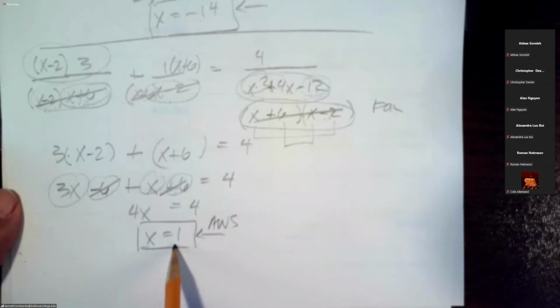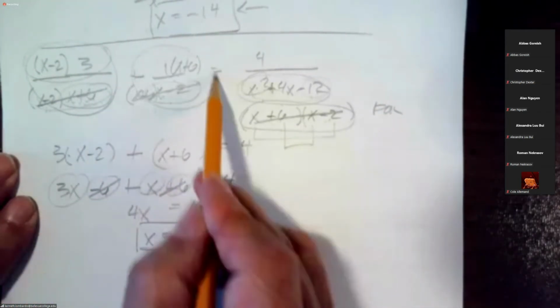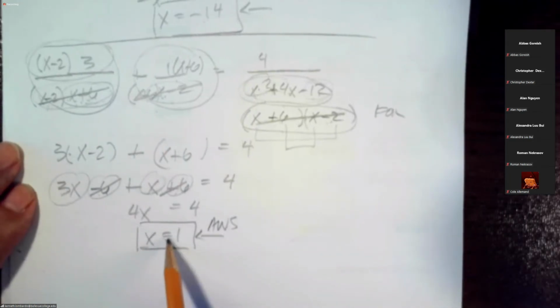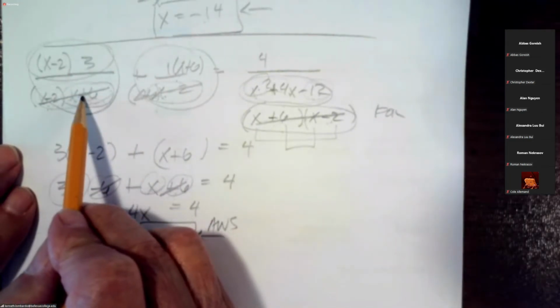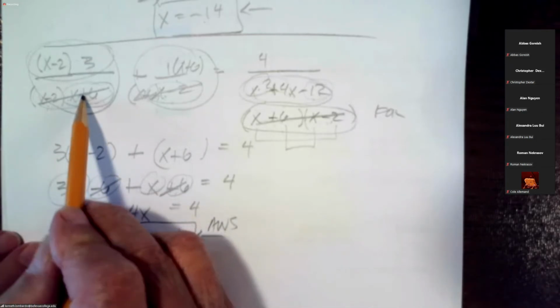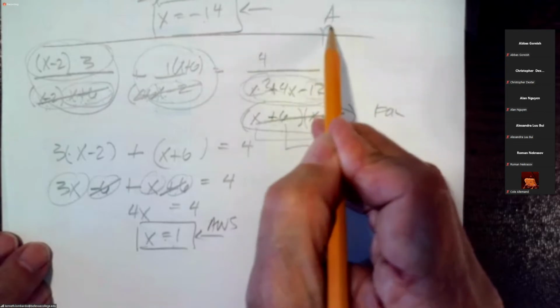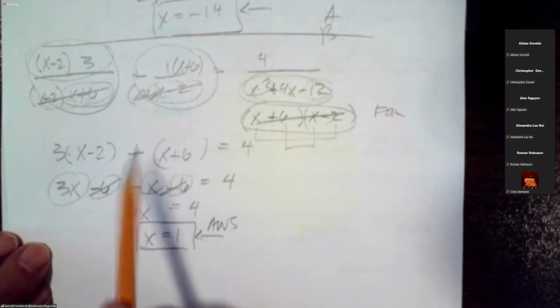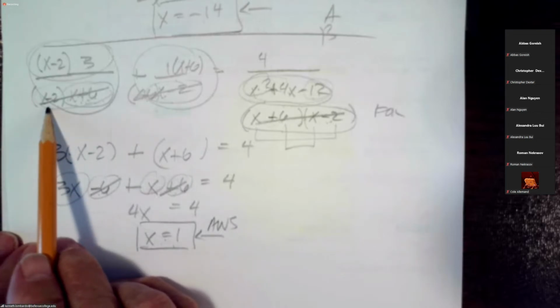So I'm confused. I understand getting to that point, but what about excluding numbers? With this type of problem, wouldn't you say 2 and negative 6 in the denominators up top, x is not equal to those? Well, keep in mind what it asked you to do. It just said combine this value and this value. If I'm just asked to combine those rational values, a over b, you could say if you want to exclude them,